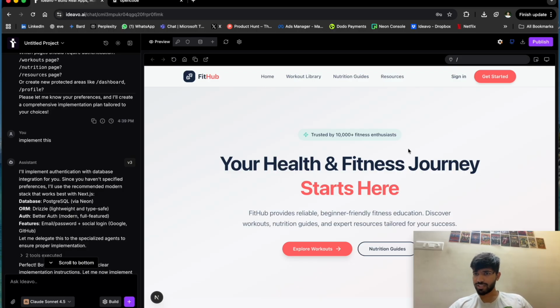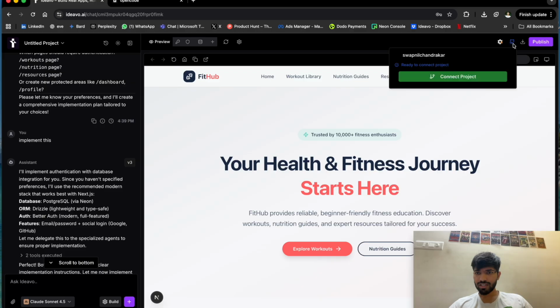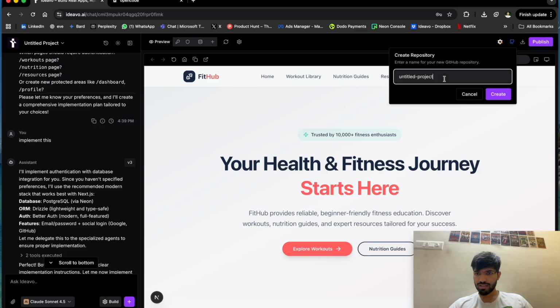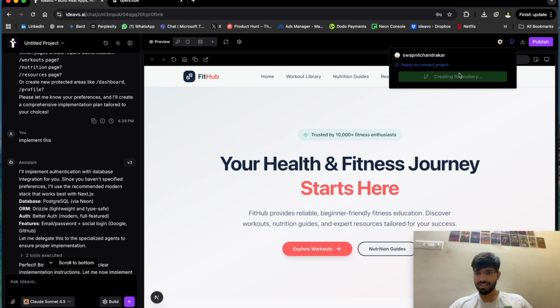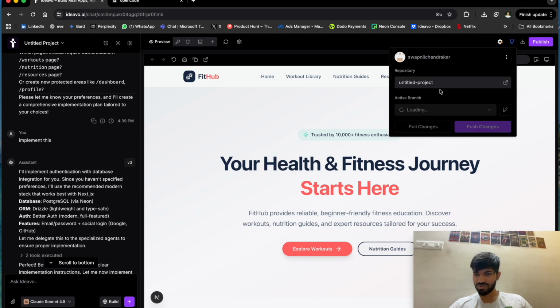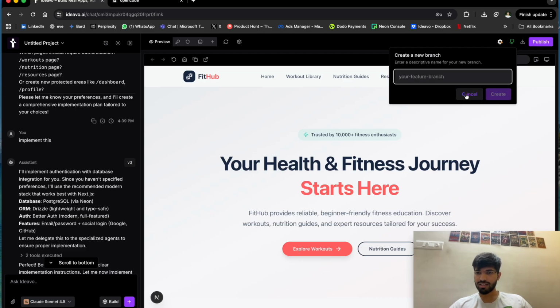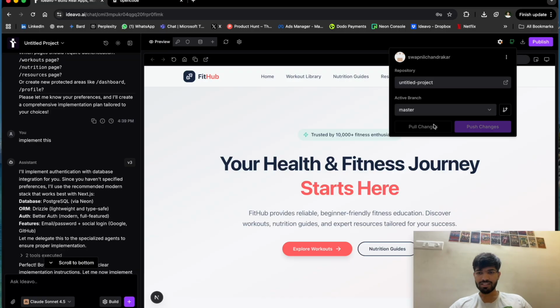You can fork your project. So you can click on it, you can connect your project, create a repository on Git. I have already signed in. That is the reason this entire thing is happening so smoothly for me. You'll probably have to sign in initially. You can either work on the existing branch or the branches that you have, or you can create another branch, right? You can make the changes, you can push,